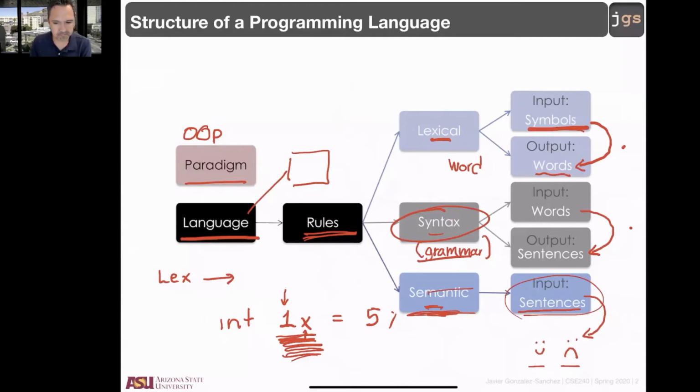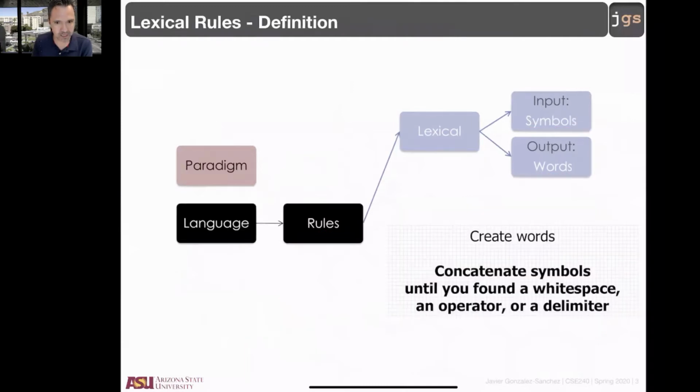Now, something that I need you to know. I need you to be good knowing these rules in Java. I am going to ask you in the exam about lexical, syntactical, and semantical rules in Java. Not only about telling me the rule, but about being able to apply the rule. For instance,